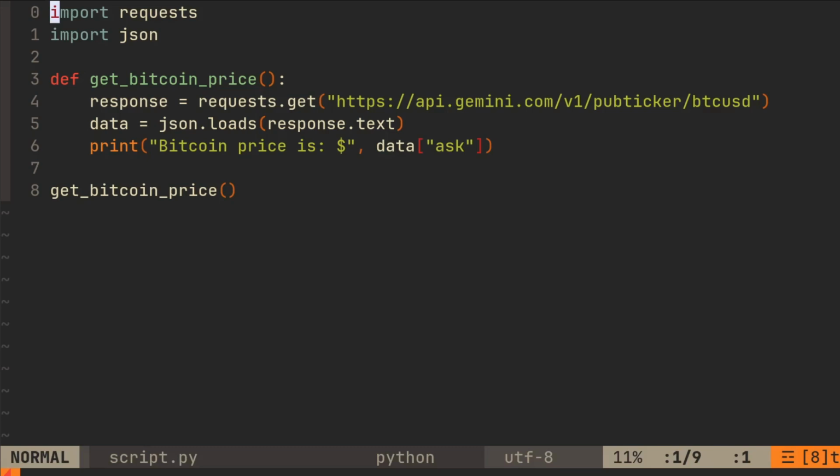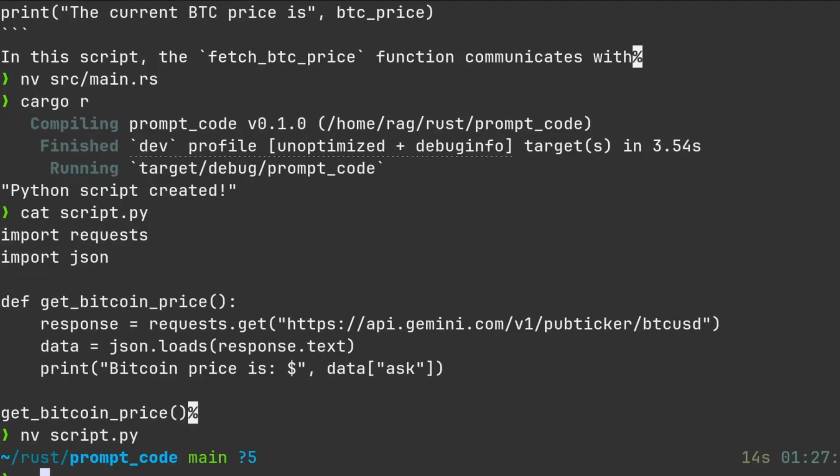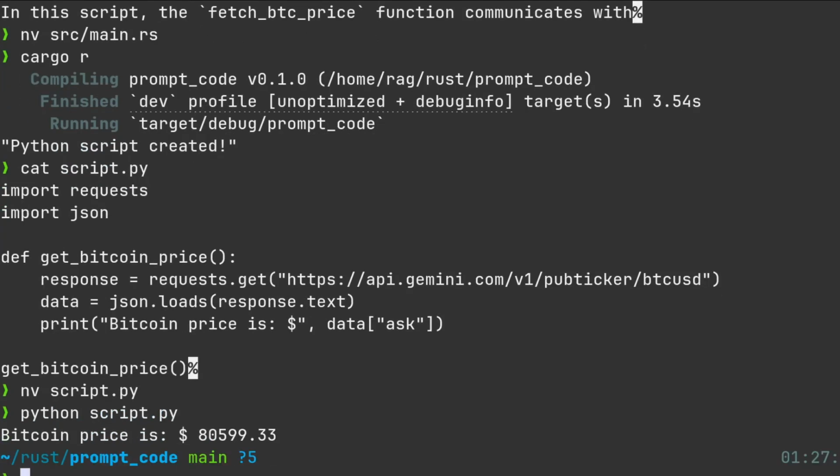So what we did there was we wrote some Rust code that talked to a large language model to ask it to write us some Python code. Let's actually run that code. And it's done it, and it's gone off and got the BTC price. So that is a look at how to get the large language model to write you some code. If you want to run the code,